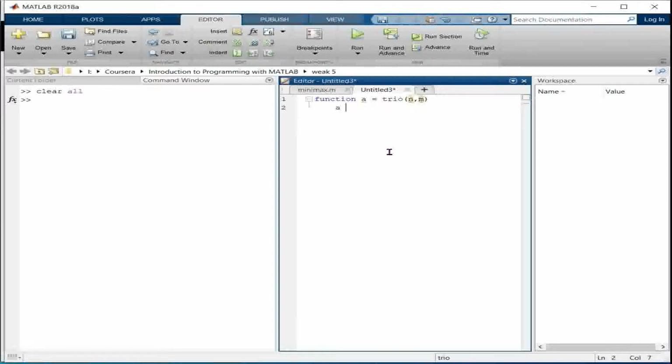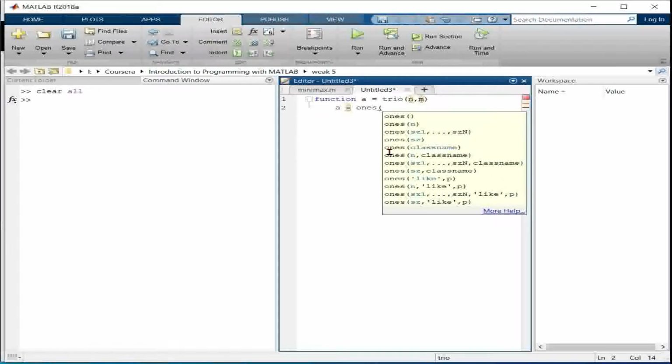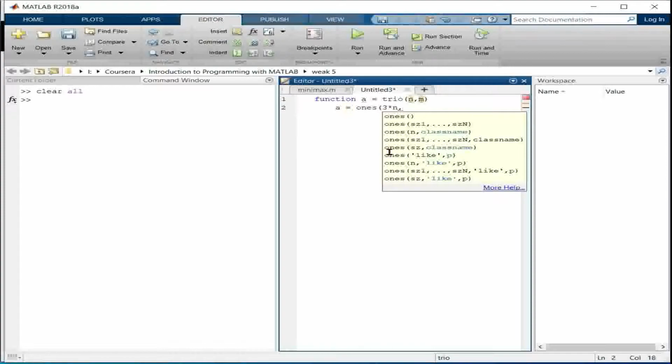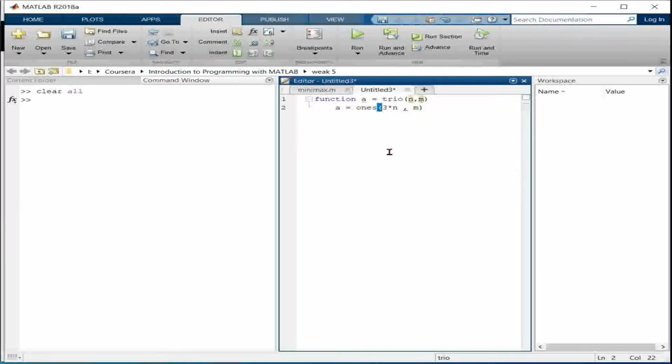What will a be? A is equal to ones. First let me print ones, 3 times n rows, so the row will be 3 into n and the column will be m. Till this time it is okay.